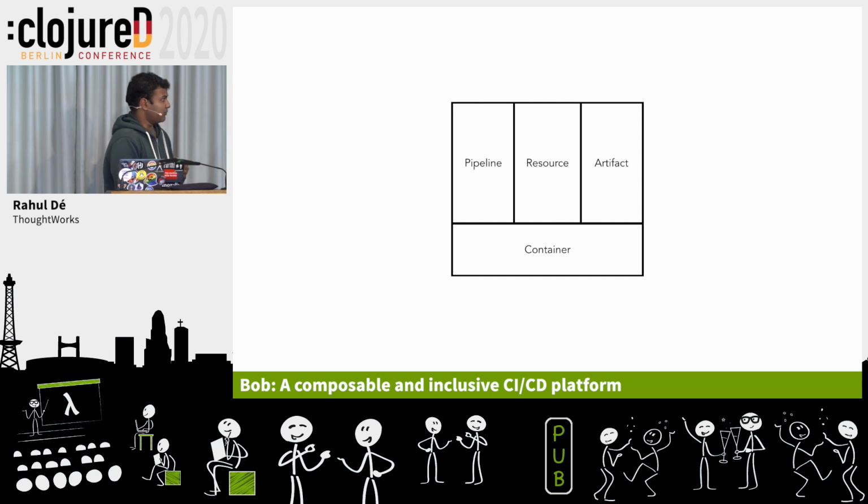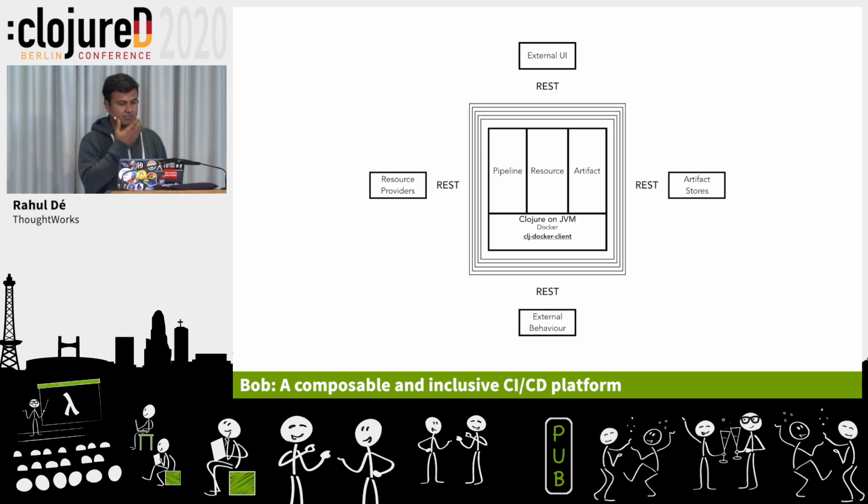So to run builds with Bob, you just have to care about these 4 things here: a pipeline, a resource, artifact, and containers. Right? I hope they're basic enough for a build to complete, and I really think that a composition of these things can help you build whatever you want. So remember Emacs and Clojure, compose functions again. Compose externally, right? And how do you compose? So you put your core in the middle, and you can see a bit more details.